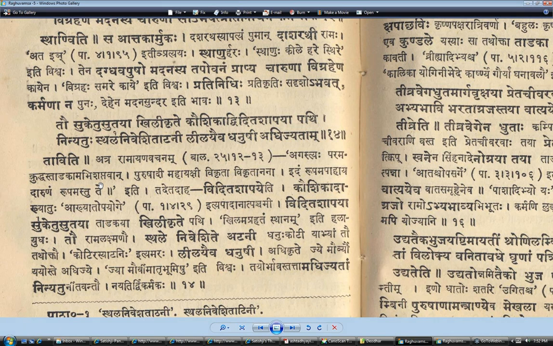Mahayakshi. So yakshas are these spirits, I guess goblins. So mahayakshi. And vikrita, you'll be deformed. And vikritanana, so your face will be deformed. Idam rupam apahaya, so giving up this form of yours. The dhatu is ha, to give up. So apahaya. Daruna rupam astu te. So let your form become very terrible. So that's the quotation from the Ramayana that he's giving, just to give us the context.